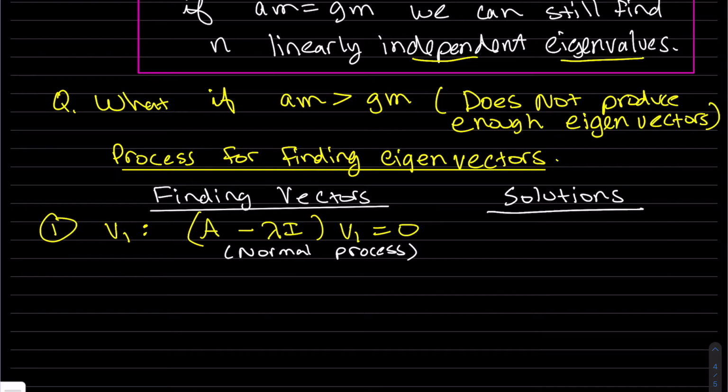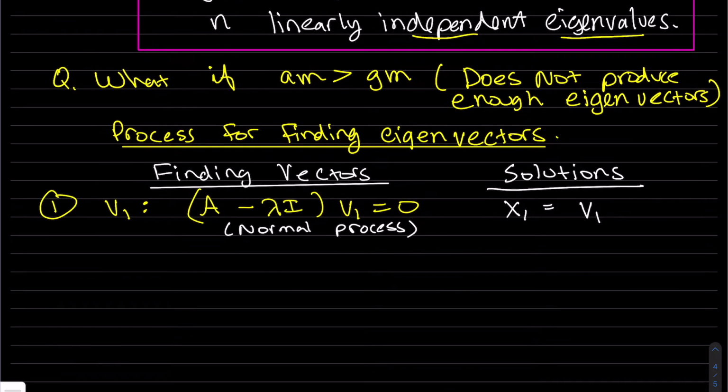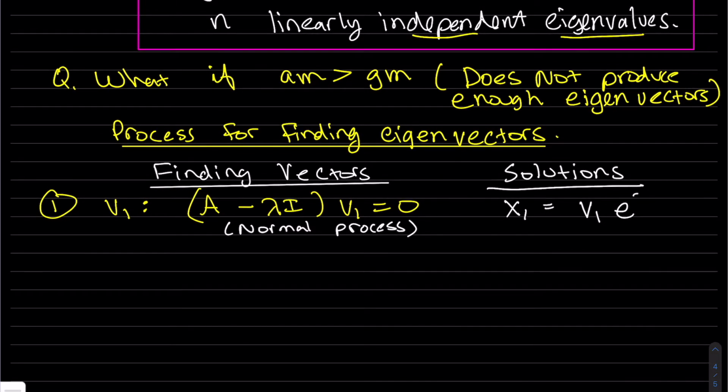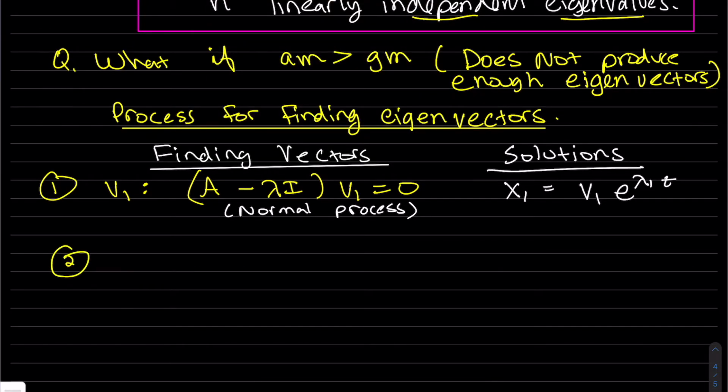And then our first solution from our first vector is v1, once we find it, e to the lambda 1. So sometimes that produces more than 1, that's fine. But if it doesn't produce more than 1, then to find our second one,